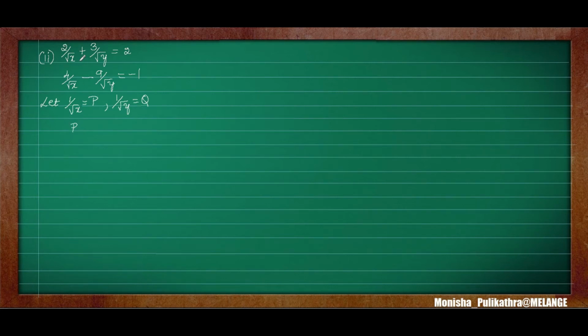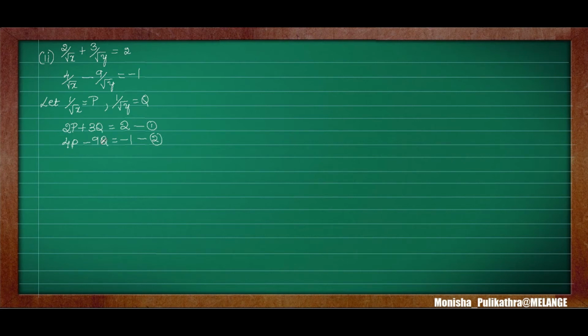see here, in the previous problem it was 1 by 2x. Okay. At that time we took p by 2. In the denominator the 2 was there. Here it is 2 by root x. Okay. Then when we take 1 by root x as p, then this 2 will remain here itself. So it will become 2p plus 3q is equal to 2. In the similar manner, 4p minus 9q is equal to minus 1. So these are the 2 equations. Okay. So this will be equation 1 and this will be equation 2.